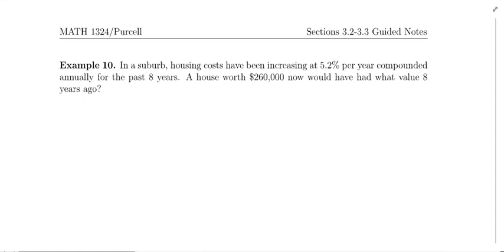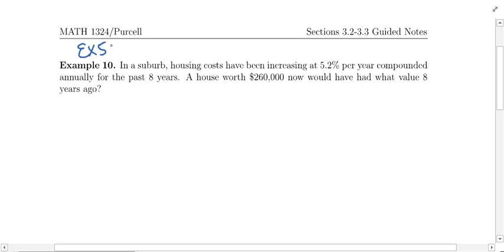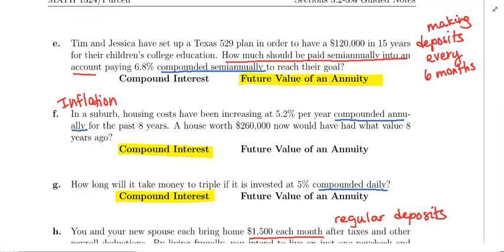All right, we first saw this problem in example 5. I think I flipped back and I saw that was example 5F. So let's go take a look at that. Okay, so here it is. If you read through it, there's the same problem. When we talked about this problem back in example 5, we said this was a compound interest problem, and